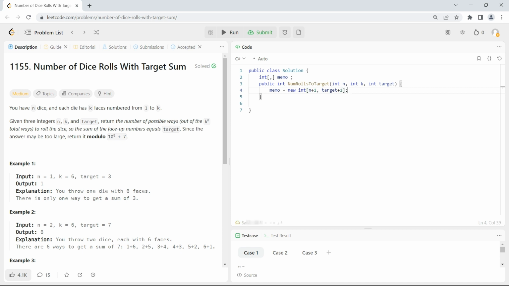We are taking n plus 1 and target plus 1 because we saw that once we calculated the value for index 1, we went to the next iteration where the index was 2. So we are taking extra space here to deal with the index out of bound situations. Then in the solution, it was given that the answer may be too large, and if the answer is too large, we can return modulo of 10 power 9 plus 7. So let's declare a variable called mod, which is 1, 2, 3, 4, 5, 6, 7, 8, followed by a